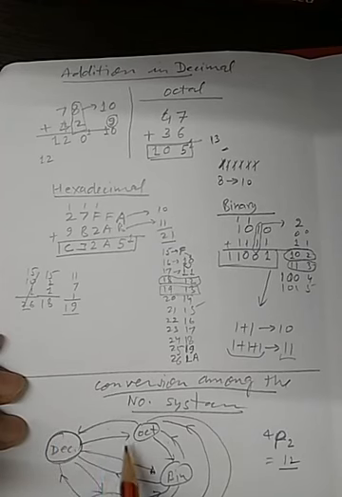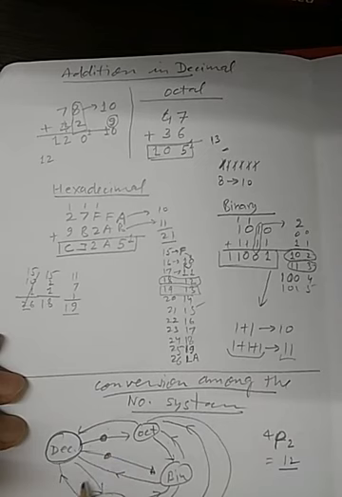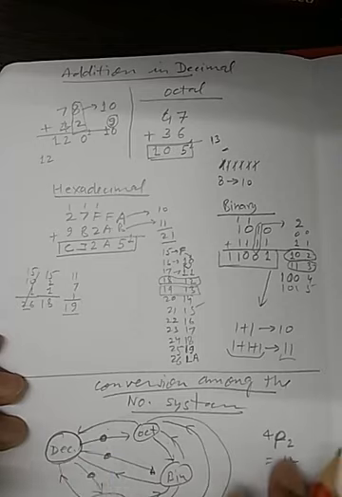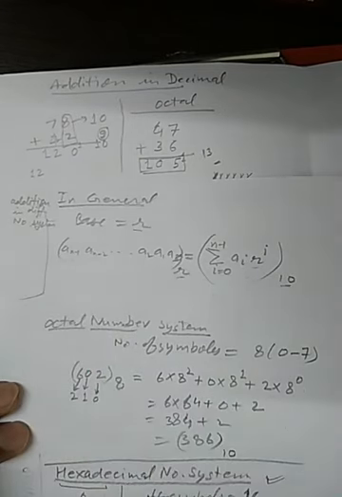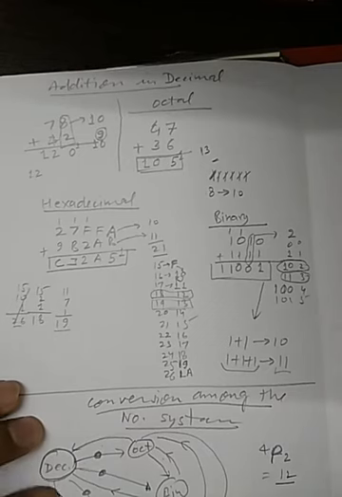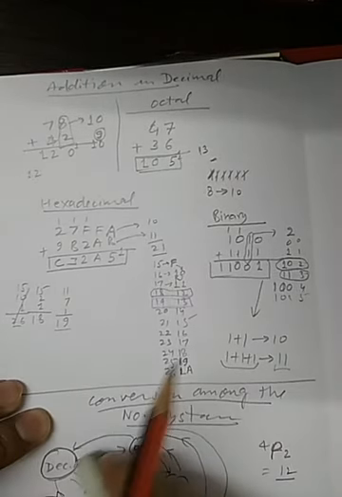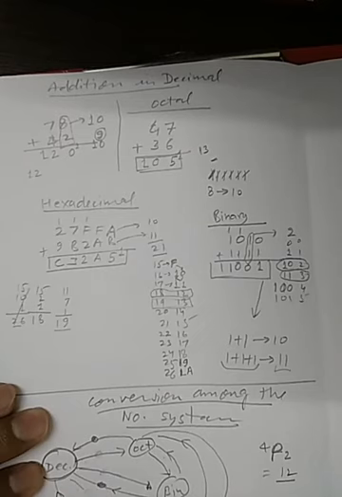Okay, anyway, so what we need to do at the moment is I am interested to convert the decimal number system to other number systems. I am dealing with these conversions at the moment. So we have seen these conversions earlier in our previous lecture. We have seen the conversion from any number system to decimal number system.